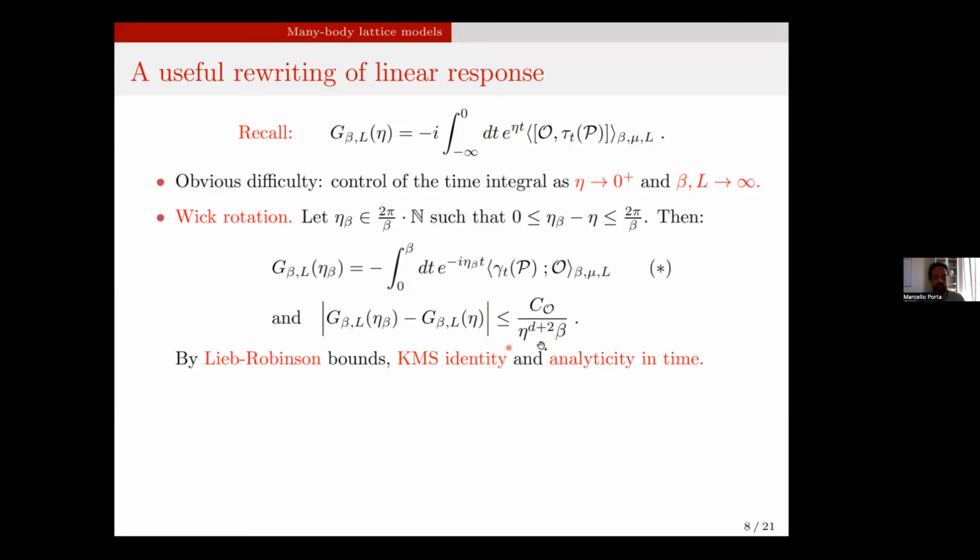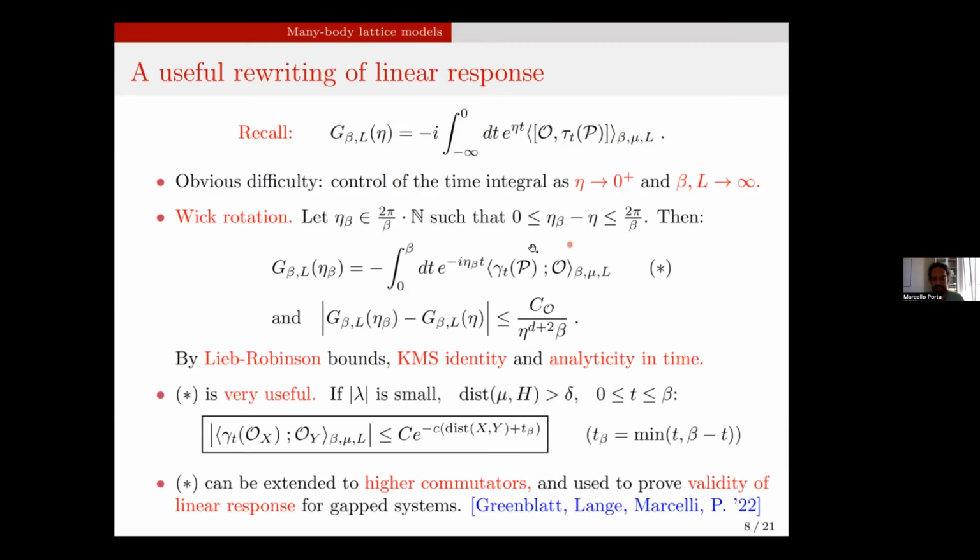It tells you that when beta goes to infinity, this Kubo formula can be studied in imaginary times, and that's a good starting point because there is a very good direct control on this type of correlation function in certain cases. In particular, if you choose your Fermi level to be away from the spectrum of the non-interacting Hamiltonian, and if the coupling strength is small enough, then it's possible to prove that this Euclidean correlation function decays exponentially fast. This is an exponential decay in space and in time, with respect to this periodic distance on the circle.